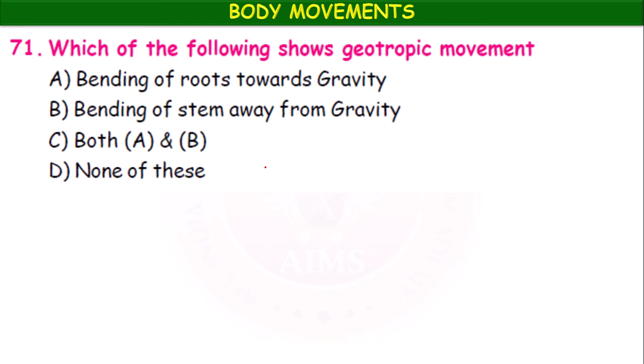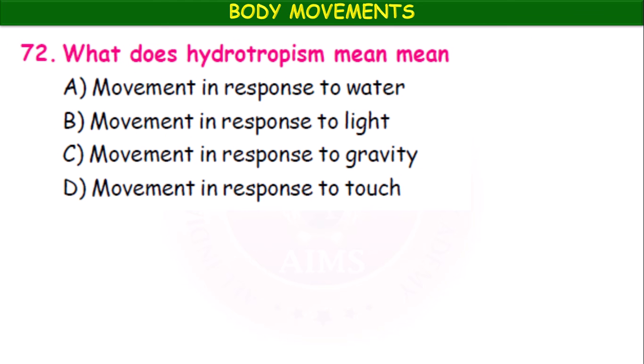Next, which of the following shows geotropic movement? Bending of roots towards gravity, bending of stem away from gravity, both A and B, none of these. Here also both, because bending of stem away from the gravity is also negative geotropic movement. Okay. So, next,